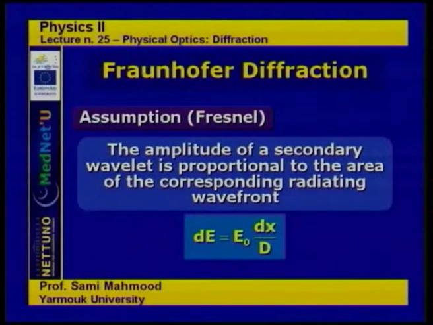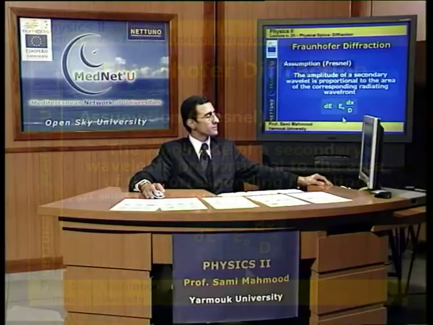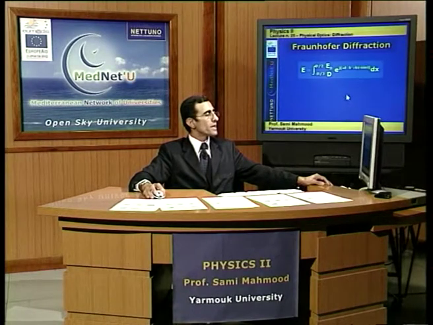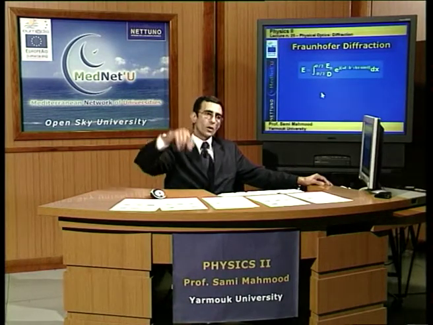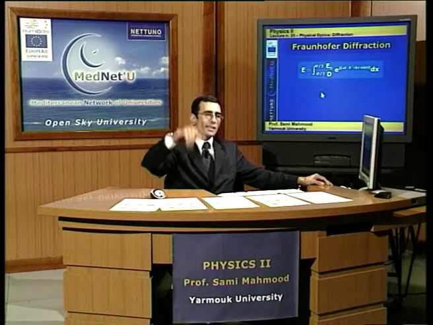So dE, the amplitude that is produced by this element of wavefront, is simply equal to the ratio dx over d, which is the area of the element radiating this wavelet divided by the total area, times the total wave amplitude. So this is the amplitude of the wavelet. Making this assumption, we can calculate the amplitude over the whole slit